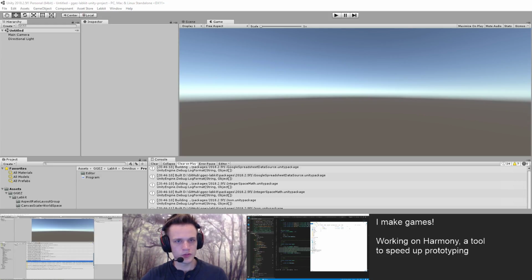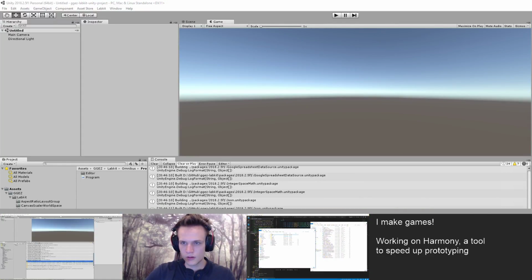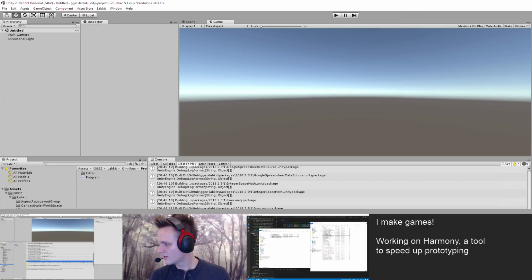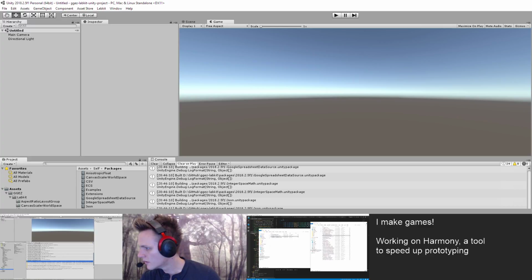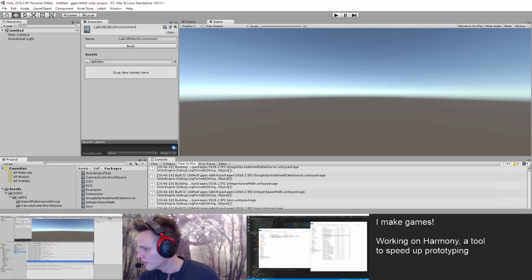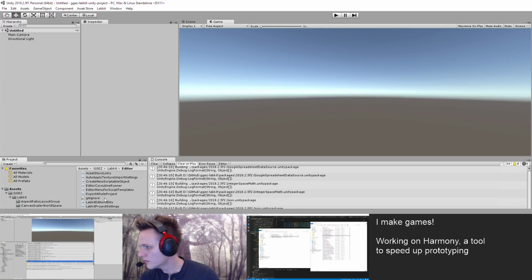Oh, this is the project. Where is it gonna go? It's just an editor extension, so it's gonna go in here. I want to bring over this editor menu for script templates. And then I'm going to add it to the LabKit editor environment. Oh, it's already in there. Okay, so what this does is,